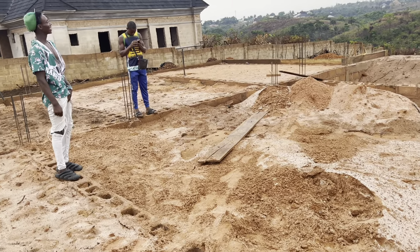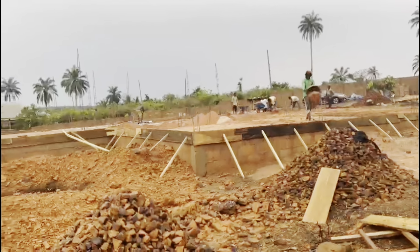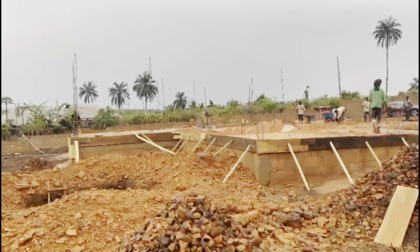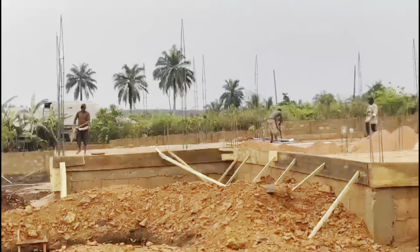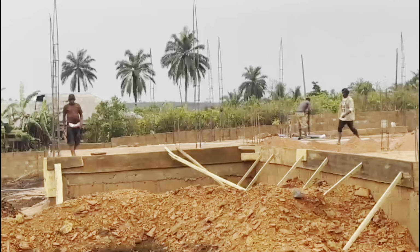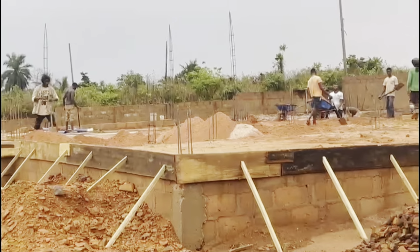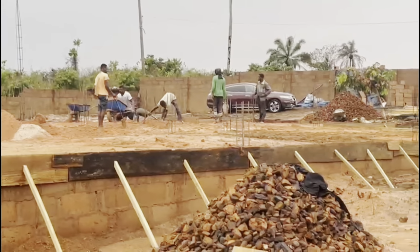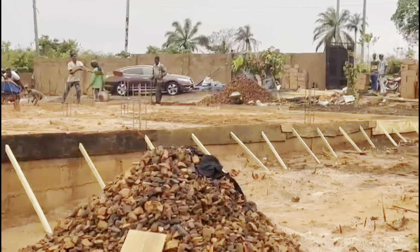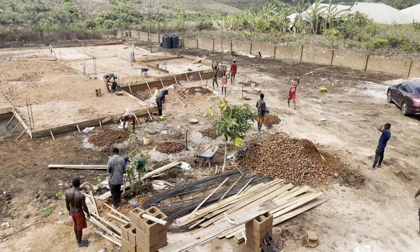After the watering and compacting of the filled sand, then the next thing is preparing the foundation area for the DPC, which includes the boarding by the carpenter in readiness for the casting of the DPC. One of the unique things about this project is that it involved a lot of manual work. That was because of the location as well as the resources available to us to deliver the project as at